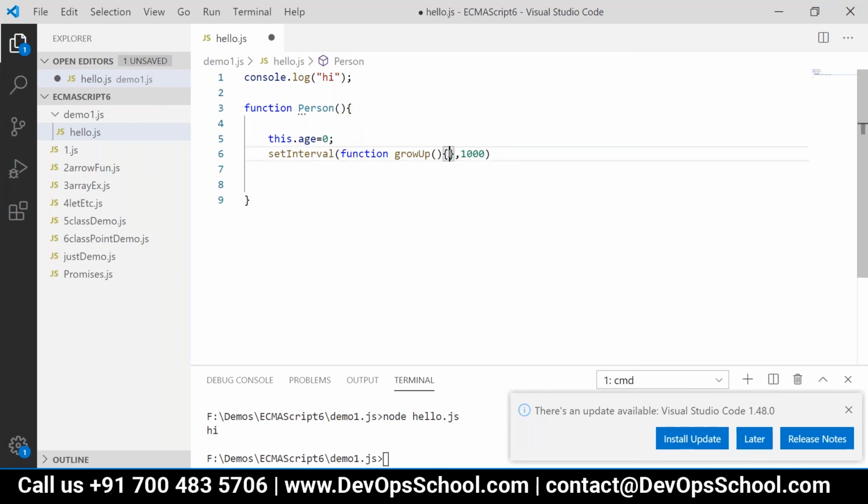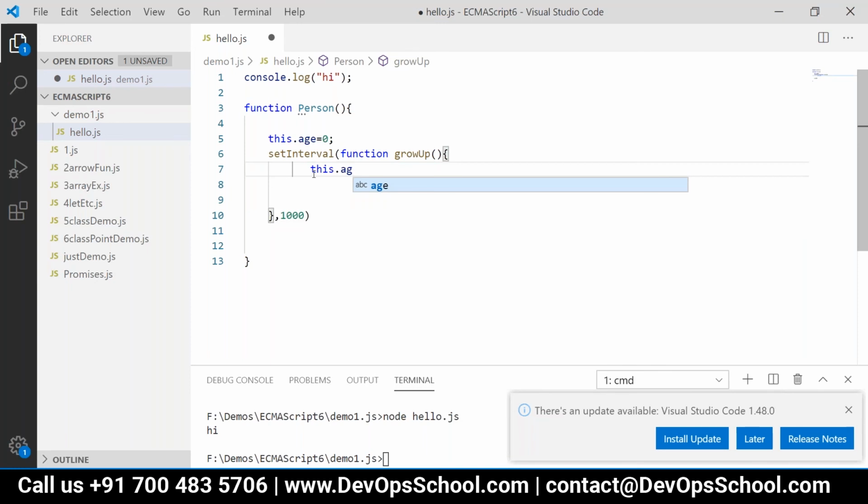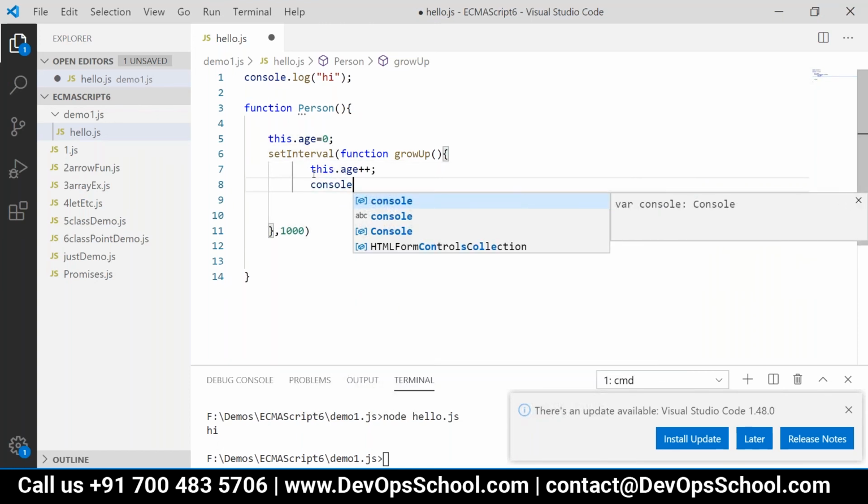And what is that function grow up? We will increment the age. Yeah. So let us write here this dot age plus plus. Console.log.